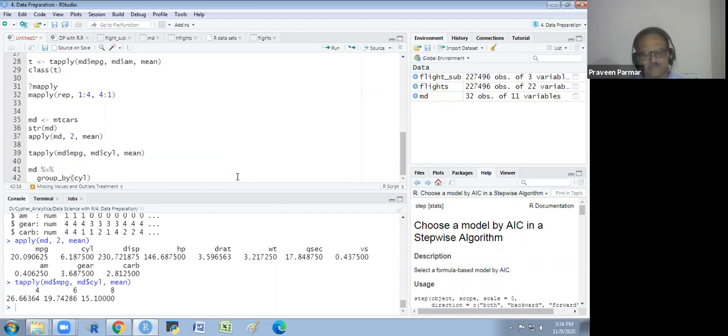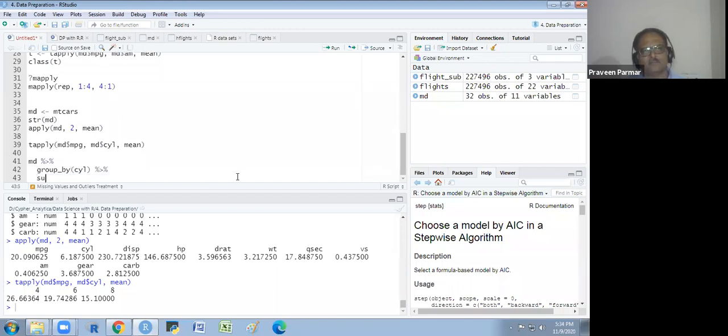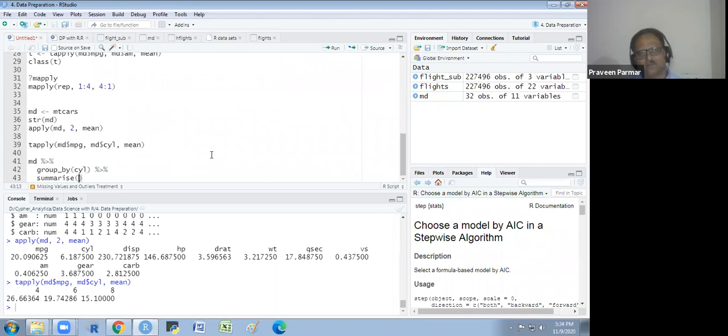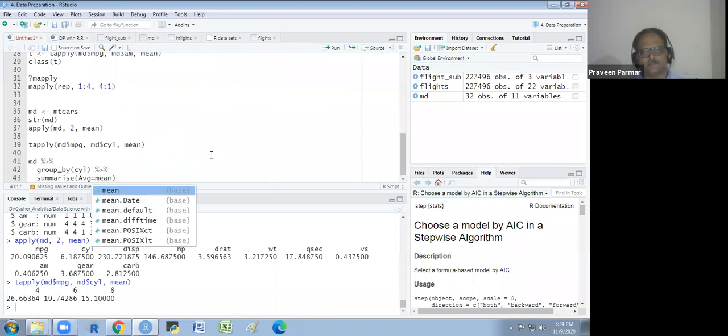And then I summarize, the same way as I wrote here: average is equal to mean. I could write summarize avg equal to mean. I just run it, see what happened.